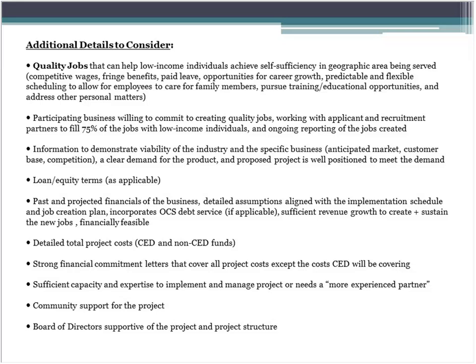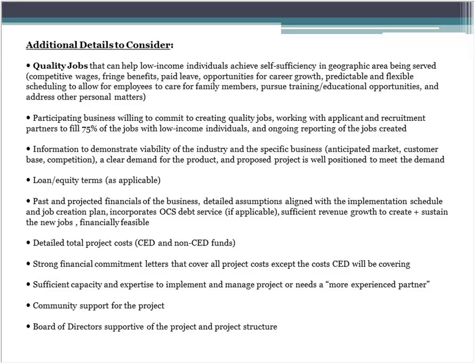You're also going to need to obtain past and projected financials of the business. The projections should be based on assumptions that are aligned with the implementation schedule and the job creation plan. The projection should incorporate OCS debt service if you're making a loan to the business, and it should show that it generates sufficient revenue to create and sustain the new jobs, that there's a positive income being generated, and